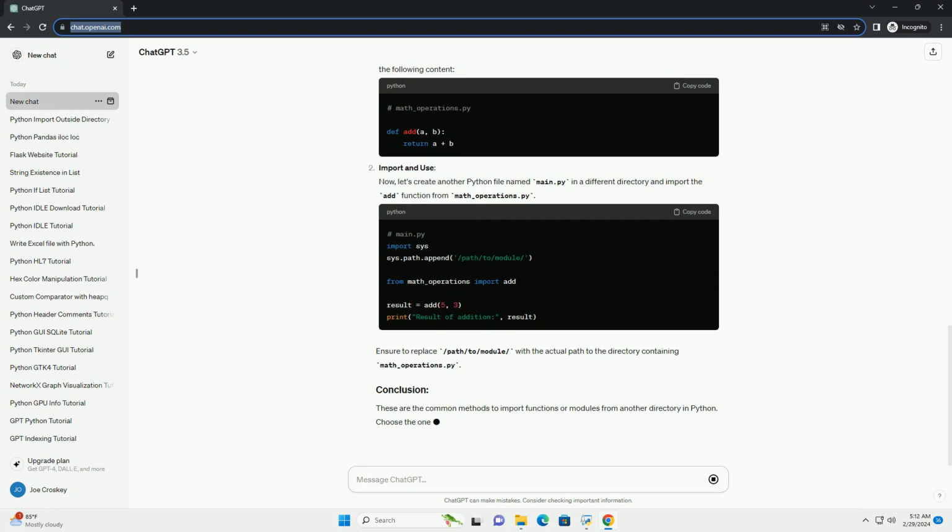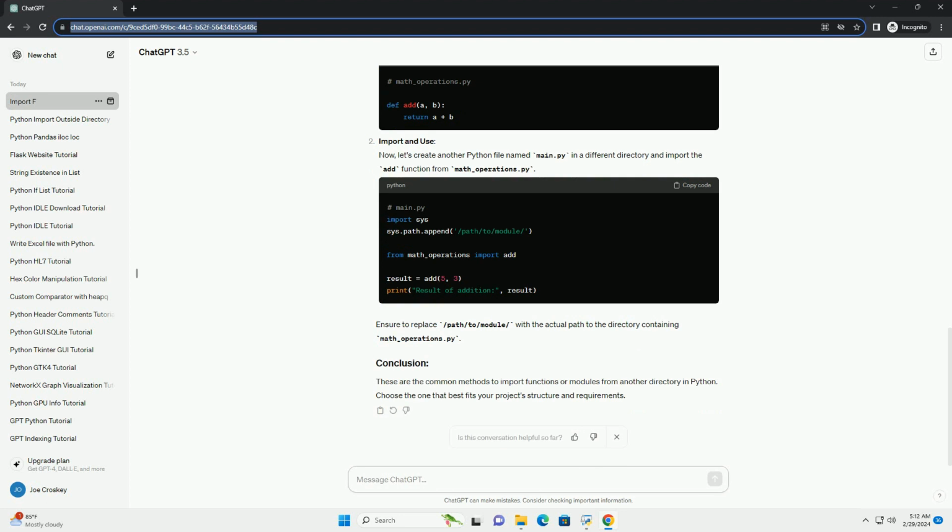Assuming we have a module named math_operations.py with a function add located in /path/to/module/directory, let's import and use it. Create the module. Create a Python file named math_operations.py in the directory /path/to/module/ with the following content. Import and use. Now, let's create another Python file named main.py in a different directory and import the add function